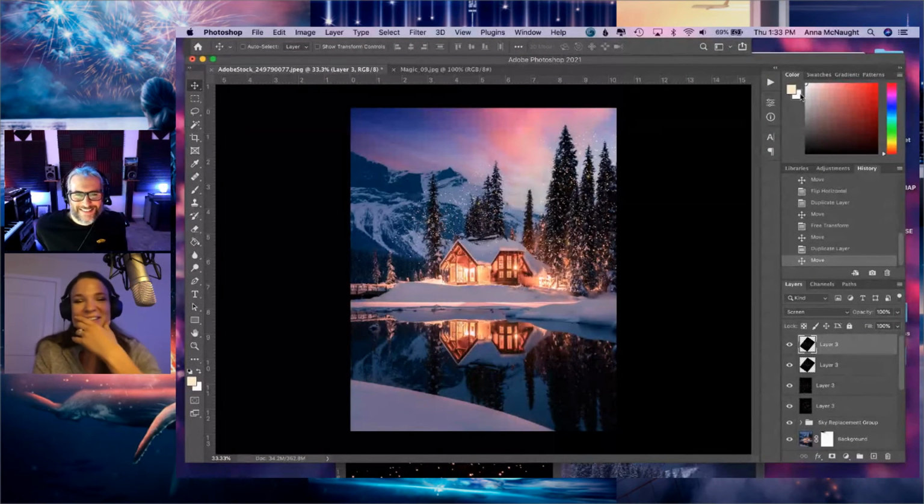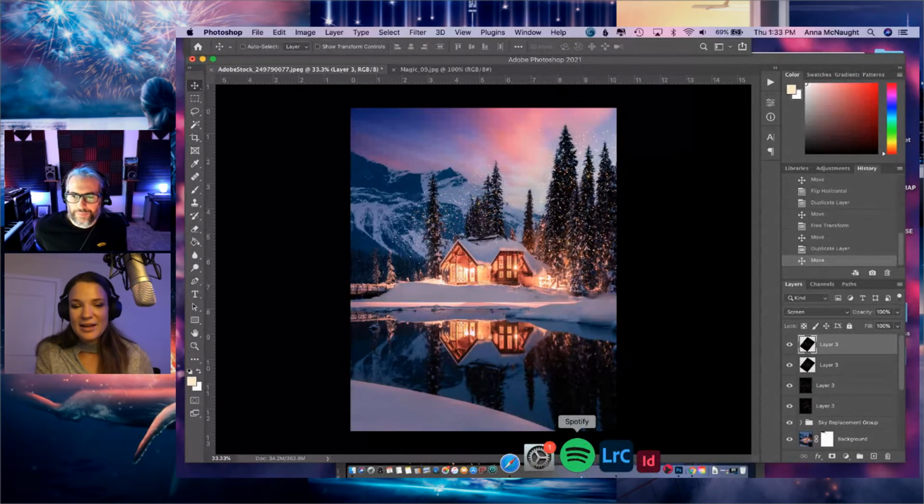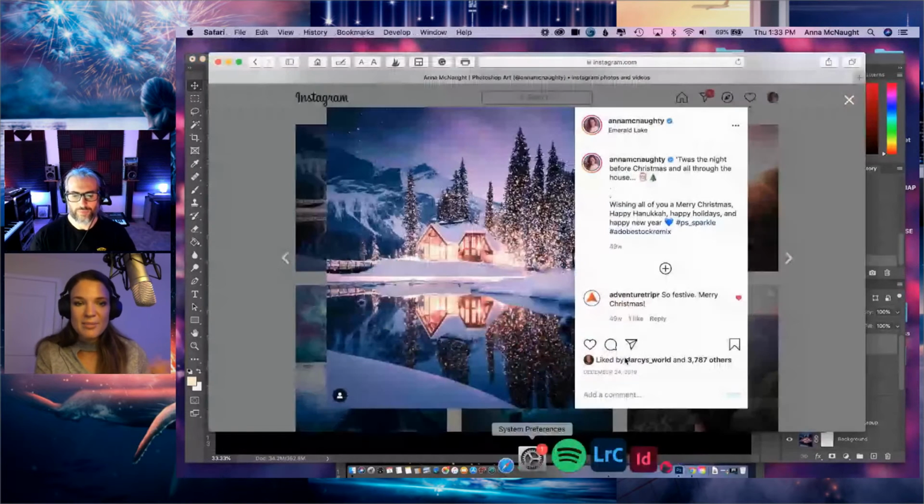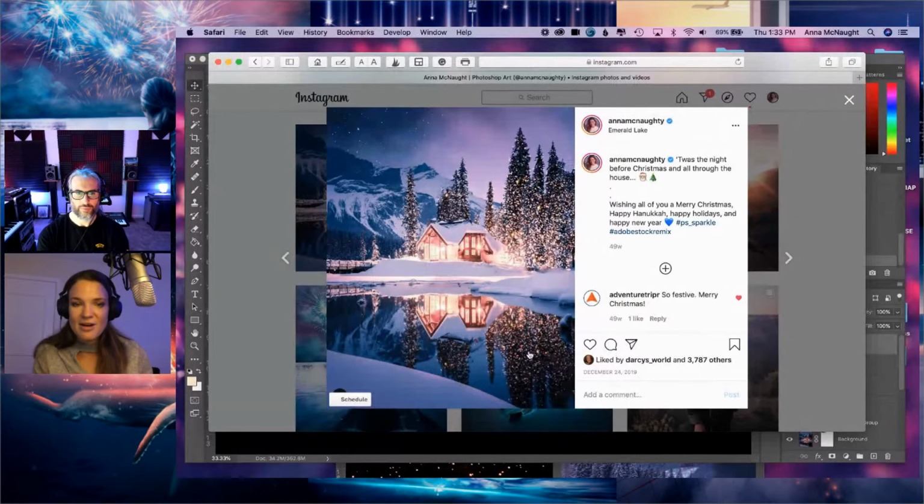It's actually interesting to see too, because of doing so much work now in the travel space. I really am being careful about the colors of the cabin and not blowing it out too much. It's an interesting place to be between working with art and taking things to the extreme, playing with it however you want, and keeping it realistic enough that a client would want it or that you can post it on a travel page.